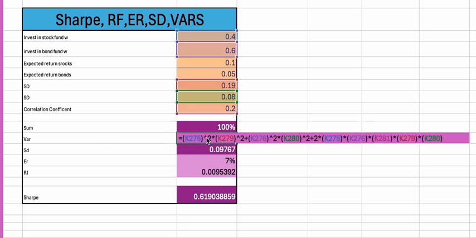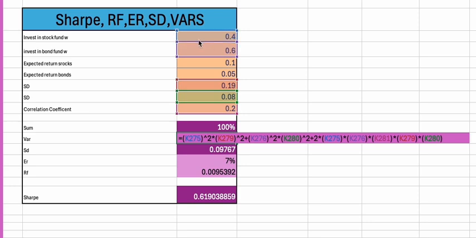Variance, what you're going to do is you're going to take your investment in your stock fund, and you're going to square that, and you're going to times that by your standard deviation squared plus, then you're going to do the same thing for your investment in your bond fund, which is the weight for your bond fund, which is the 0.6 squared. Then you're going to multiply that by your standard deviation squared plus 2 times, this is where it changes up, plus 2 times